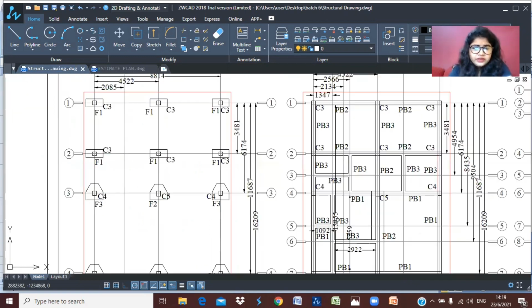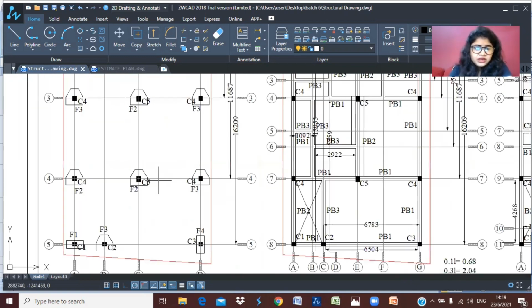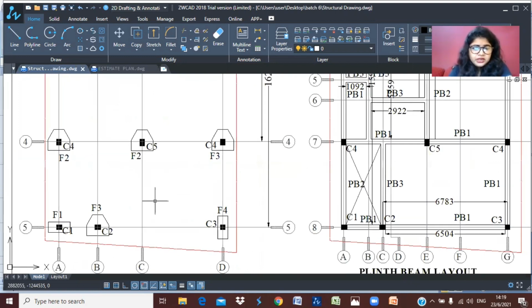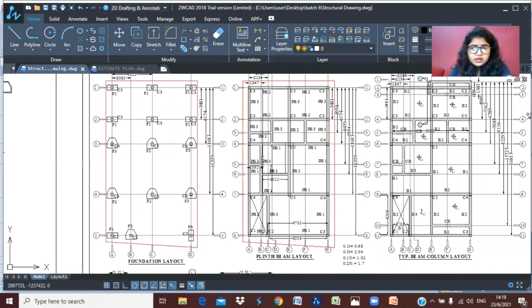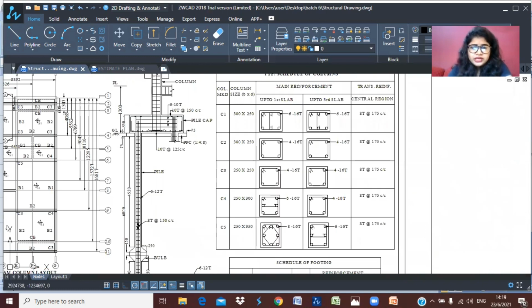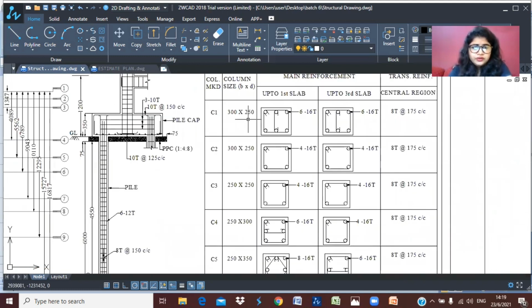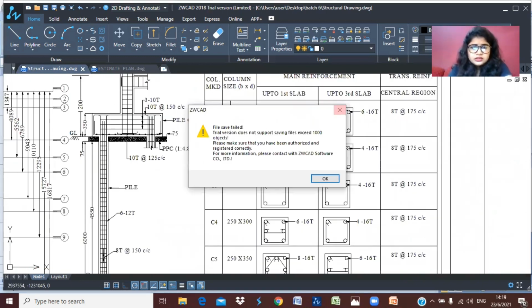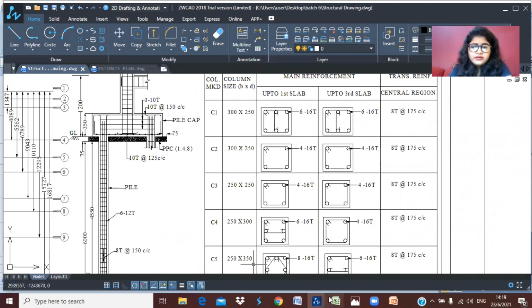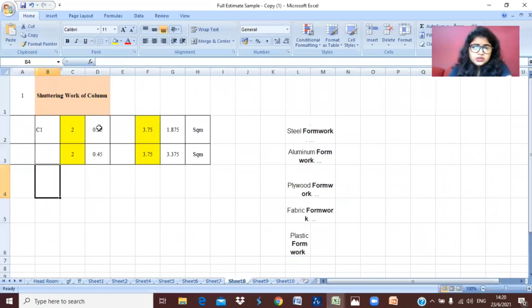Only one C1 we have, so in place of numbers, we can write only 1. Next is our size, 300 into 250. After size, we will require the height. The height of this building is 3.2 meter.